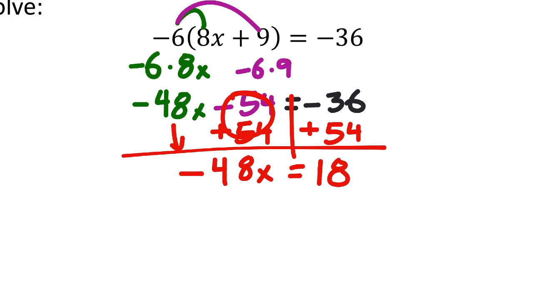18. That's weird. Let me just double check that. Okay, so I didn't expect to see a fraction. I wouldn't expect to see any on the homework, but the process is still the same, okay? Even if it is a fraction, we just want 1x there, right? So I take that negative 48